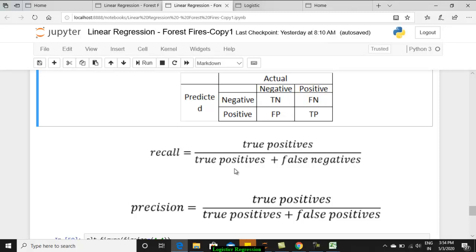But if the testing kit identifies 110 patients to have corona, when in your real case only 100 have it, is it okay? Then it is admissible, because in this particular pandemic situation, identifying a patient is very important rather than leaving a patient having corona undetected. So this contradiction about having better recall or better precision depends on the data set and the situation in which you are going to use it.